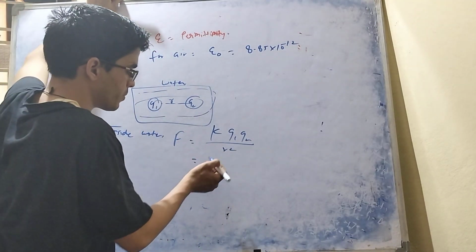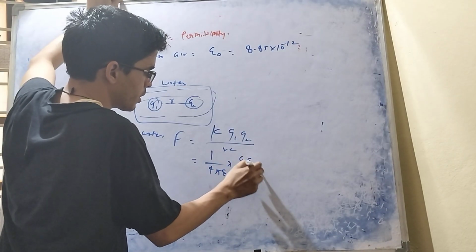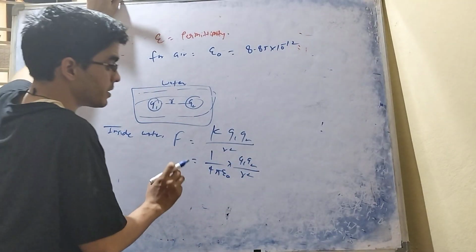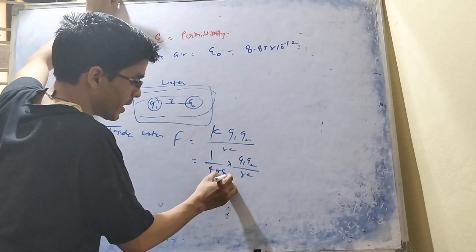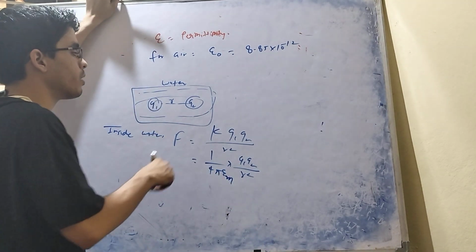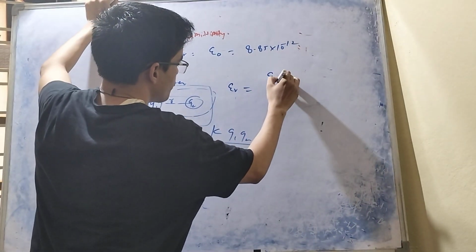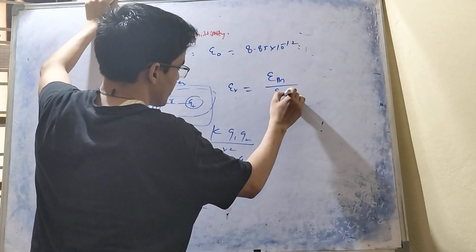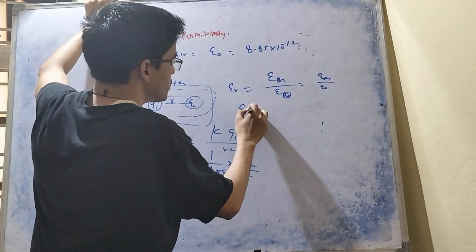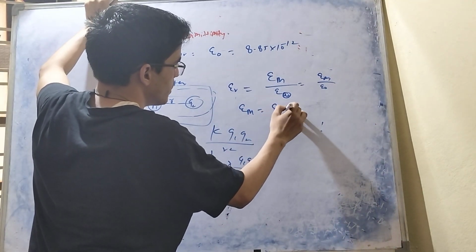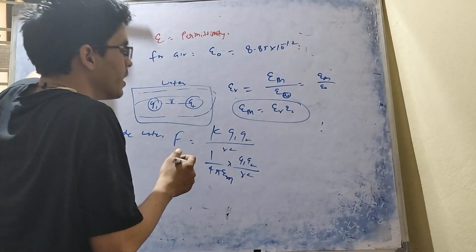Now what is the value of K? My question. This will be 1 upon 4 pi epsilon naught Q1 Q2 by R square, correct? But epsilon naught we use only for air; here, for a medium, we write epsilon medium. Now in your question, epsilon R will already be given. Why? Epsilon R is epsilon of medium upon epsilon of air, or epsilon naught. This will be Em by E naught, and always remember this thing: Em equals ER into E naught, correct?